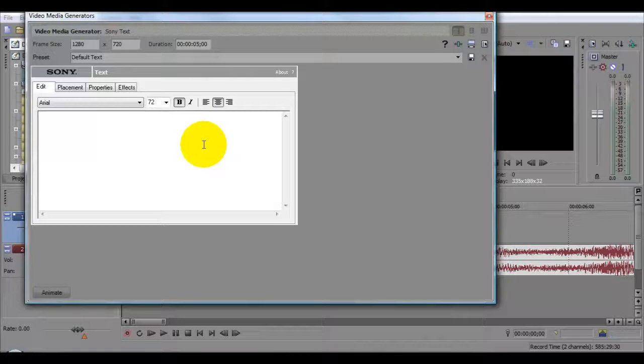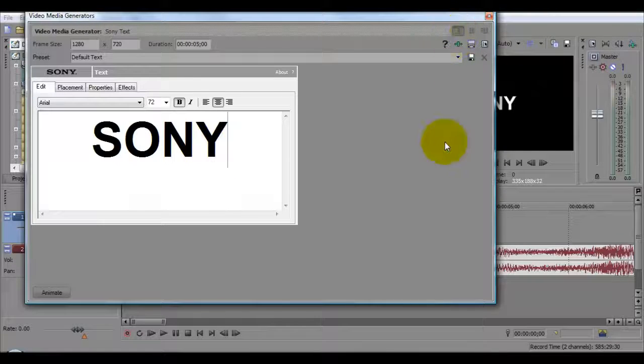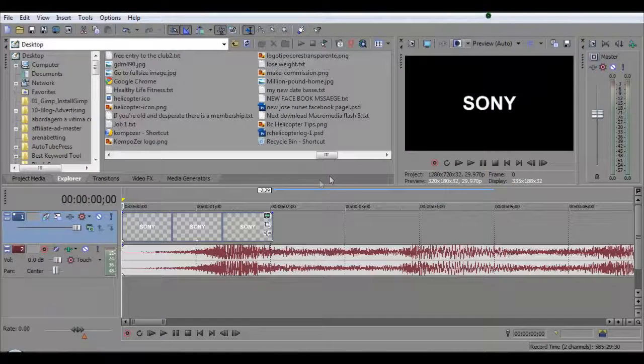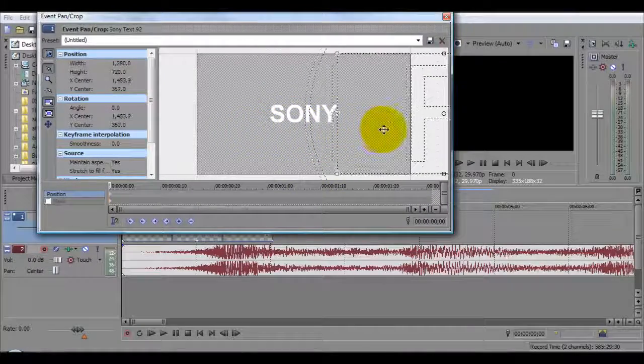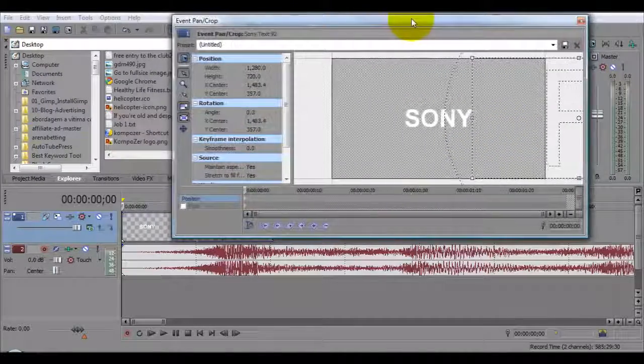For this one, a couple of lines. I'm just going to put Sony for this one. This is my first frame, and now you go to pan and crop. I want this one to come from the left, so I just move that to there. And now if you look here,